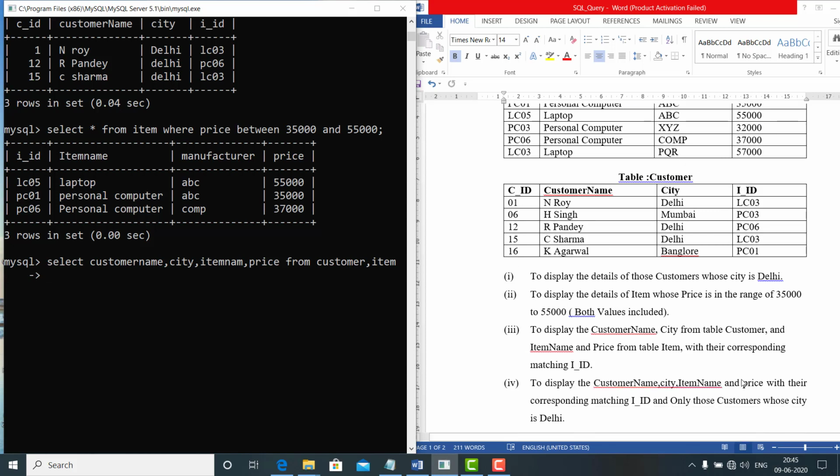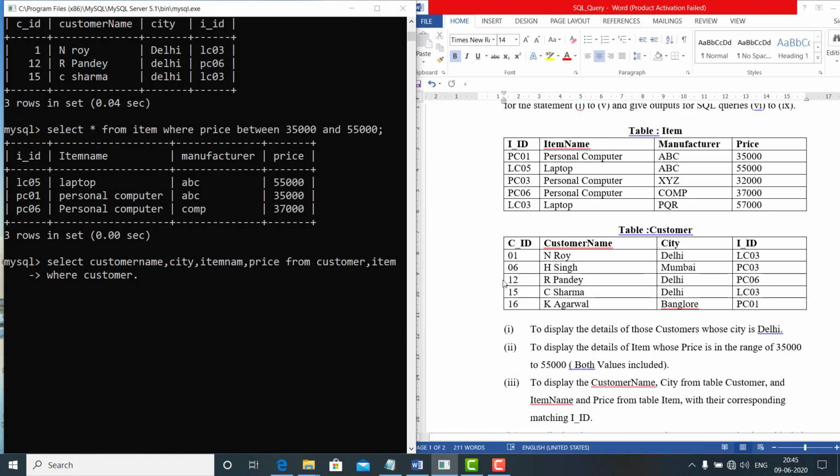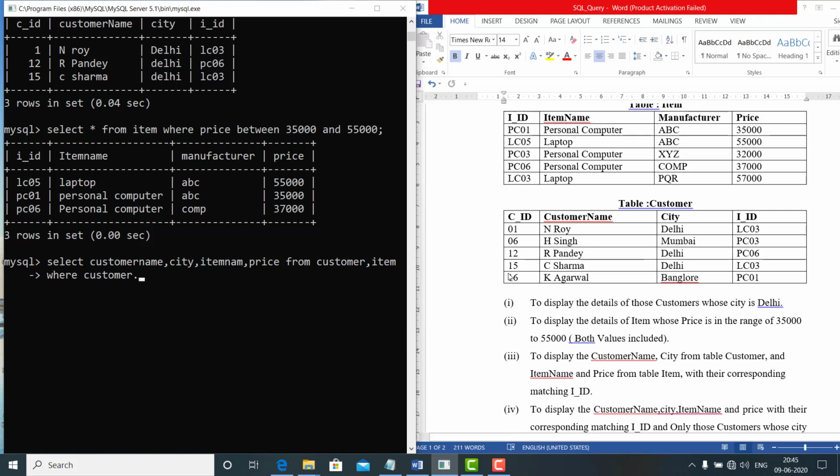And now the correspondence. What is the correspondence? The ID should match. Clear? So in the WHERE condition we write customer dot customer underscore ID equivalent to item dot ID.